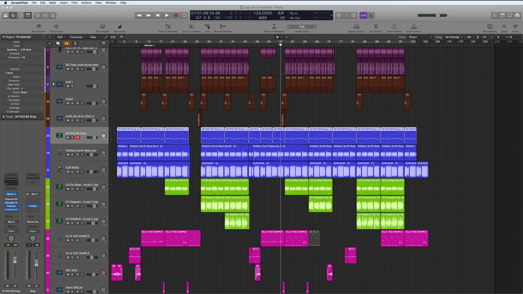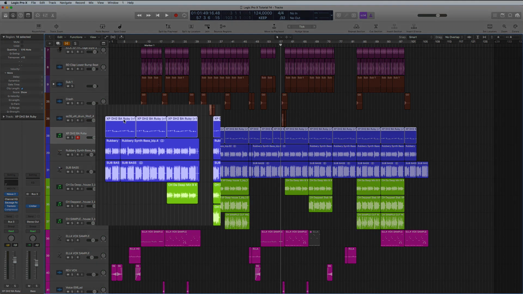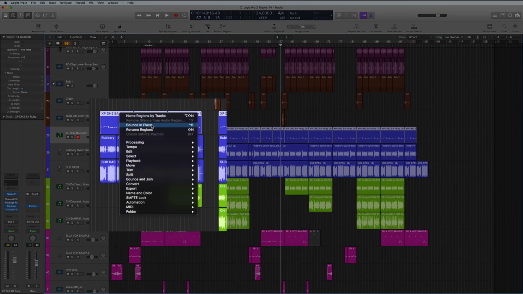Here's a quick tutorial about the function bounce in place, one of the most useful functions in Logic that doesn't seem to exist in other programs like Pro Tools. I'm not sure about FL Studio or Cubase, but I know it doesn't exist in Pro Tools, and this is really practical. So all you need to do is you either right click here and bring up bounce in place here,